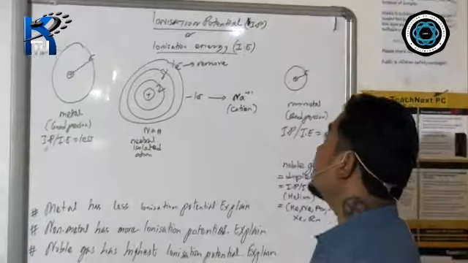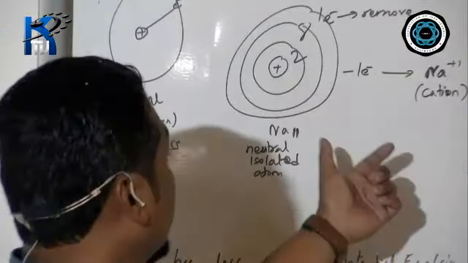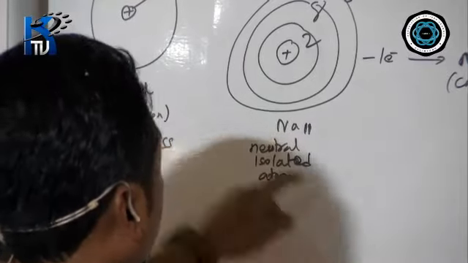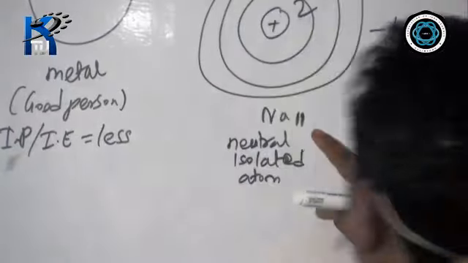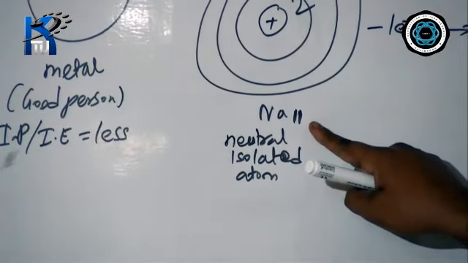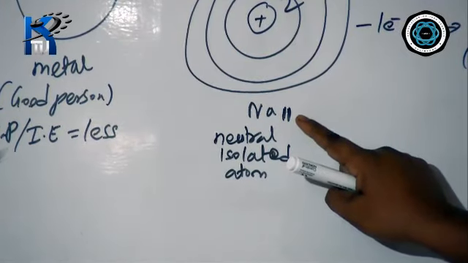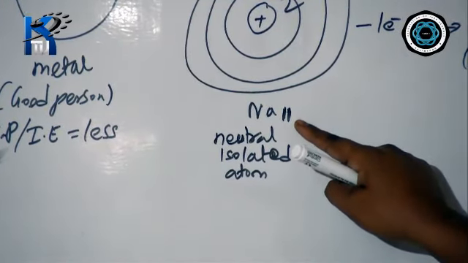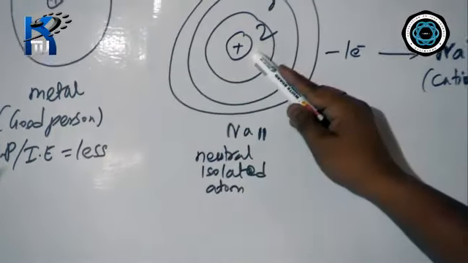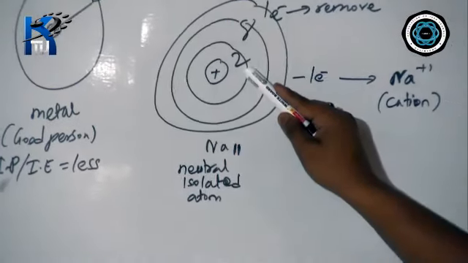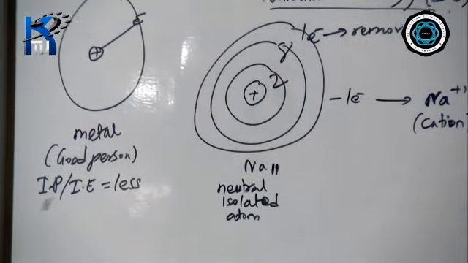Now, to understand this topic, I've given you one example out here. So let us try to understand that example first. Sodium's symbol is Na, and its atomic number is 11. If you have to make its rough electronic configuration, it will be 2, 8, 1. So I have made a rough atomic structure of sodium here. This is the nucleus of sodium, and in the first shell it has 2, in the second shell it has 8, and in the third shell it has 1, the outermost electron.